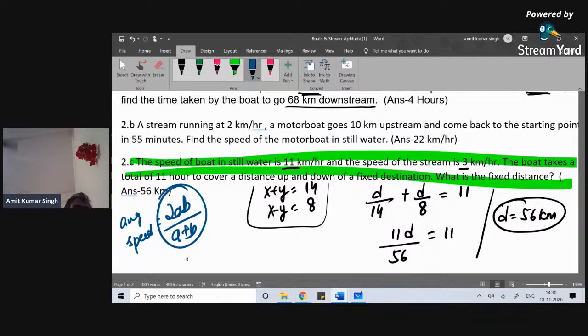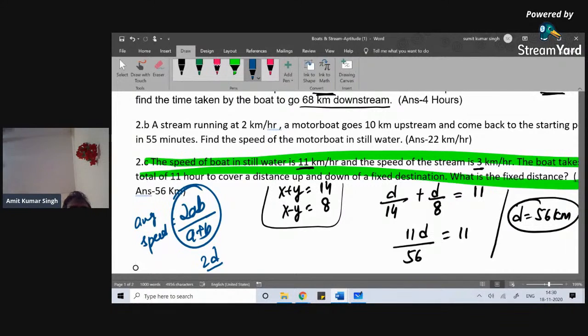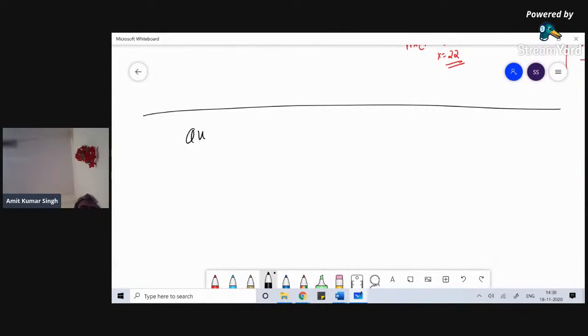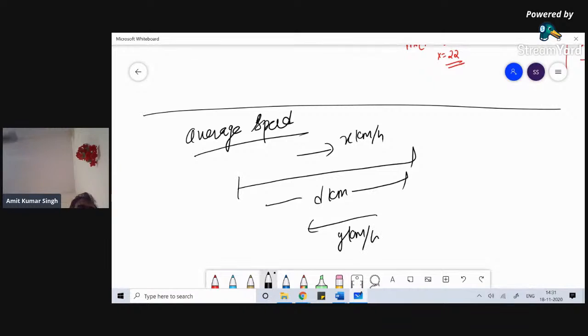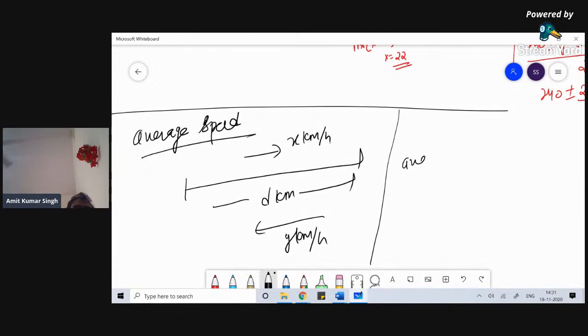Only thing here, you'll get 2d. Whenever we use the concept of average speed, suppose the distance is d kilometers, and you're going x kilometers per hour and coming back at y kilometers per hour. So here, when you are working on average speed,